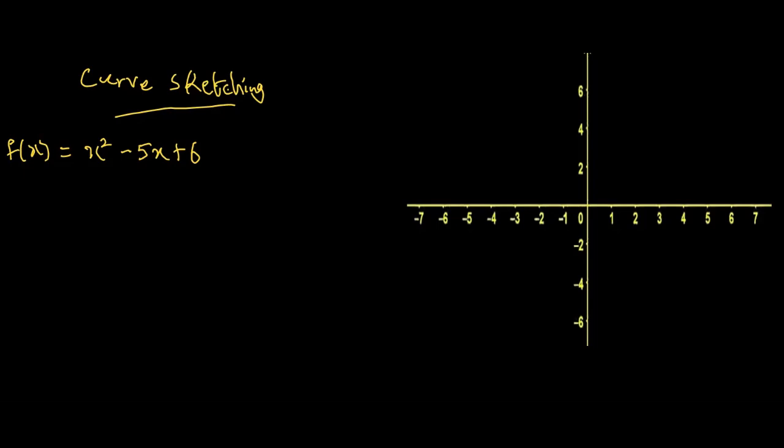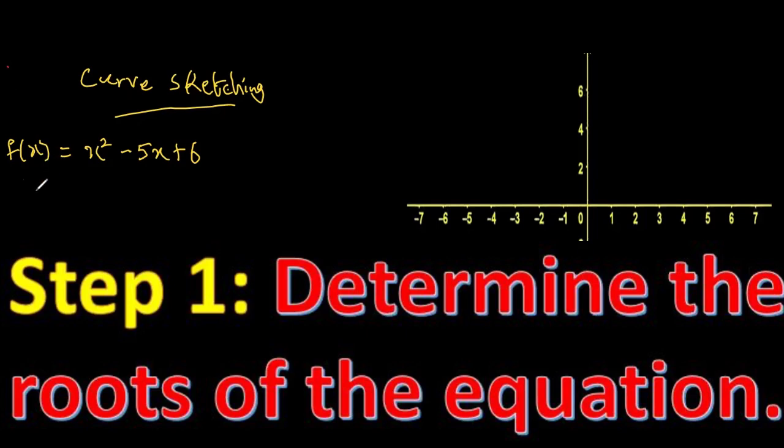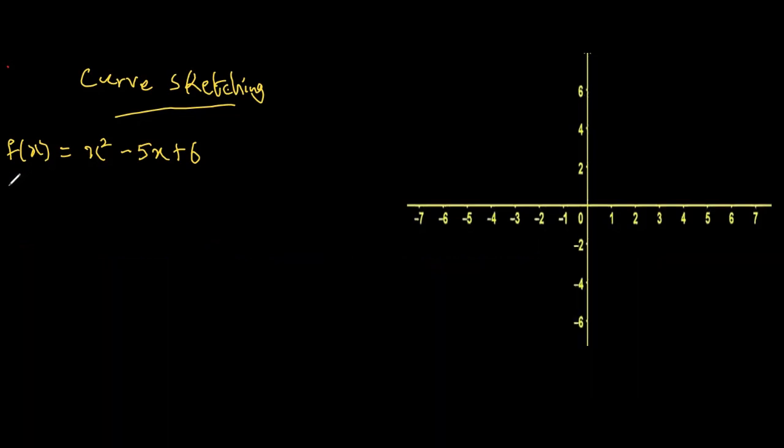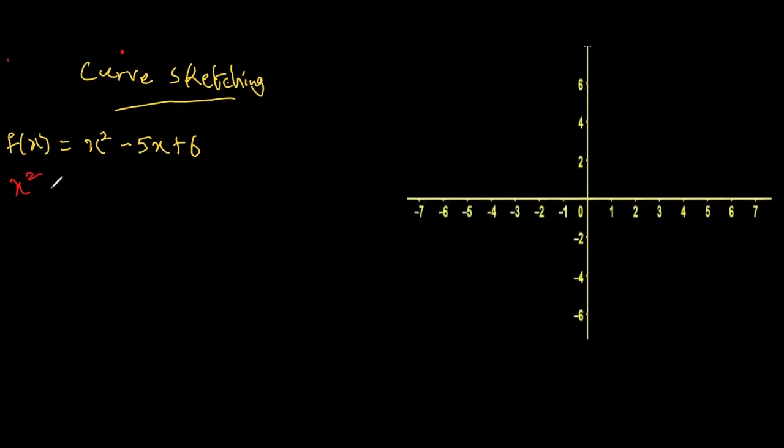The first thing we do is to determine the root of this equation. We turn it to an equation and determine the root. So we determine the root by setting x squared minus 5x plus 6 to 0. We say x squared minus 5x plus 6 equals 0. Factorizing, we have,